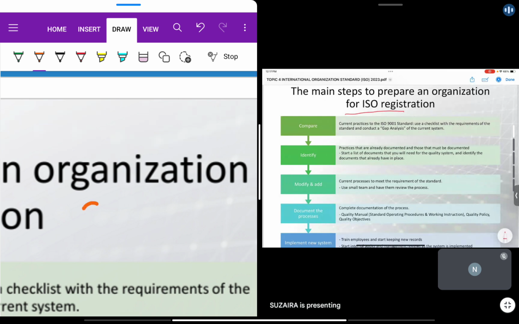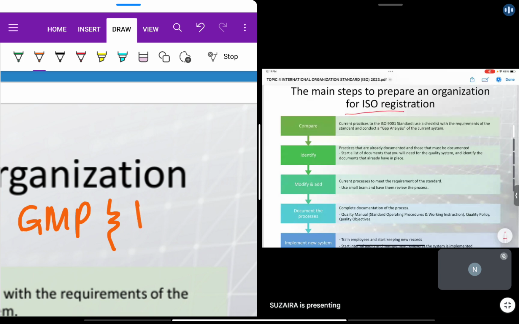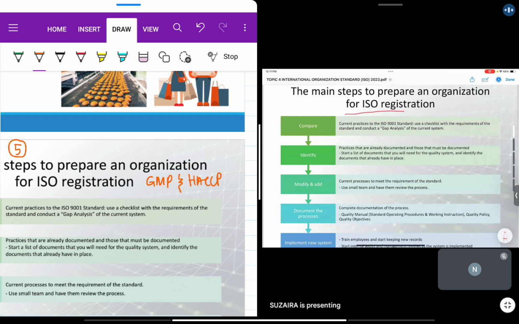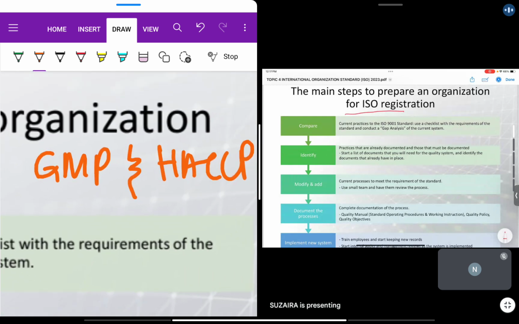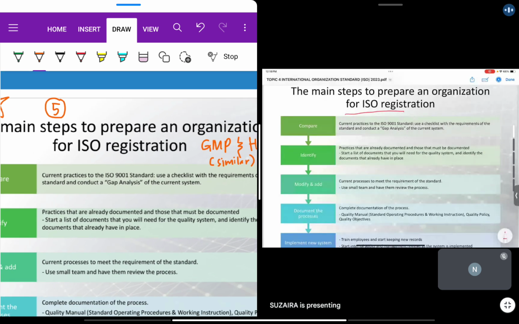So when you have 22,000, of course we have additional requirements, okay? But the basic one is this one. It's like the main step, nama pun the main step kan. So main step, what you need to do is first of all,